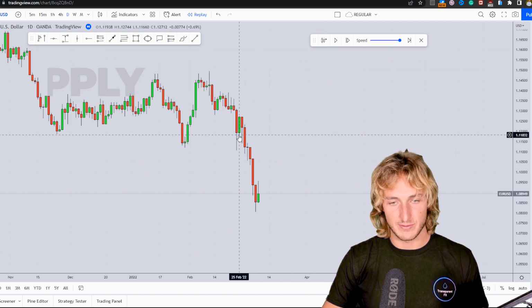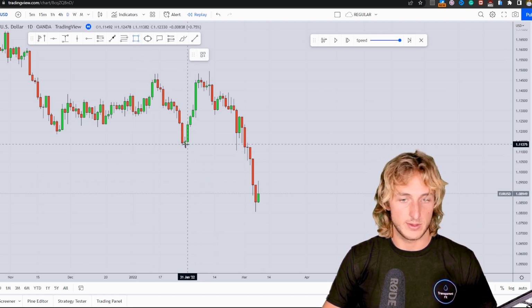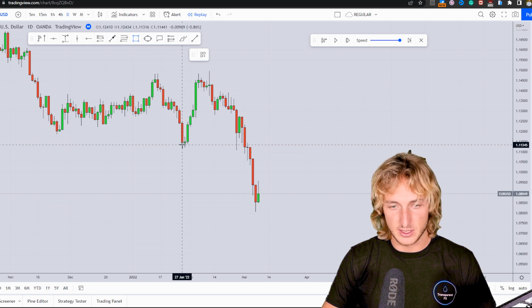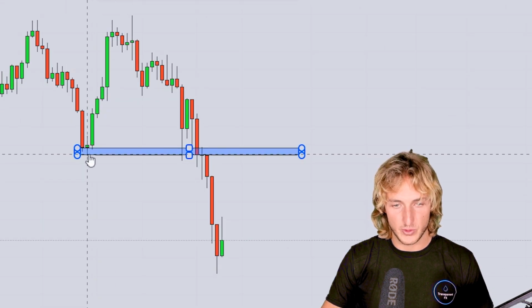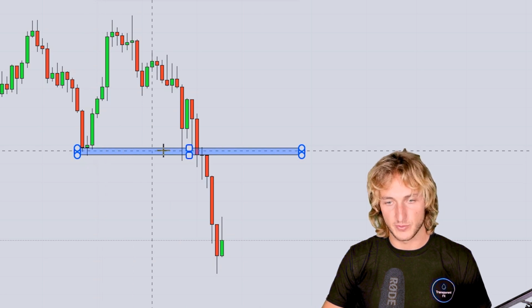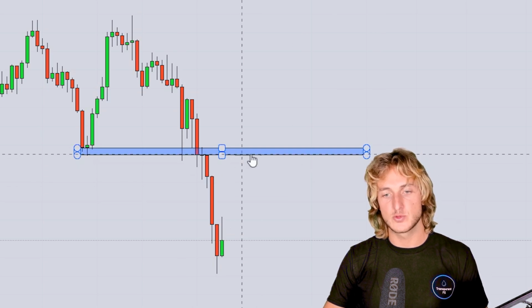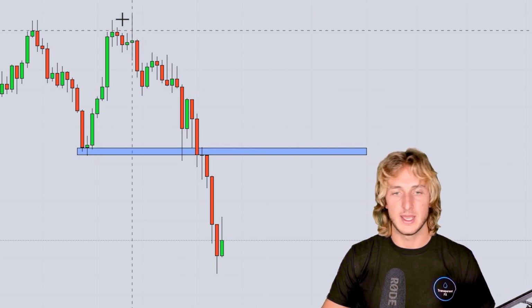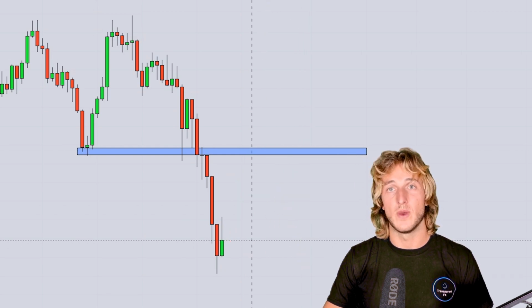You have to look left. Where is the last time that the market created a significant turning point? Well, the area in which we had that was exactly here. So what we have to do is take our box from the low of the wick to the body of the candle. And if we extend it to the right here, what we can see is that this will be our supply zone,